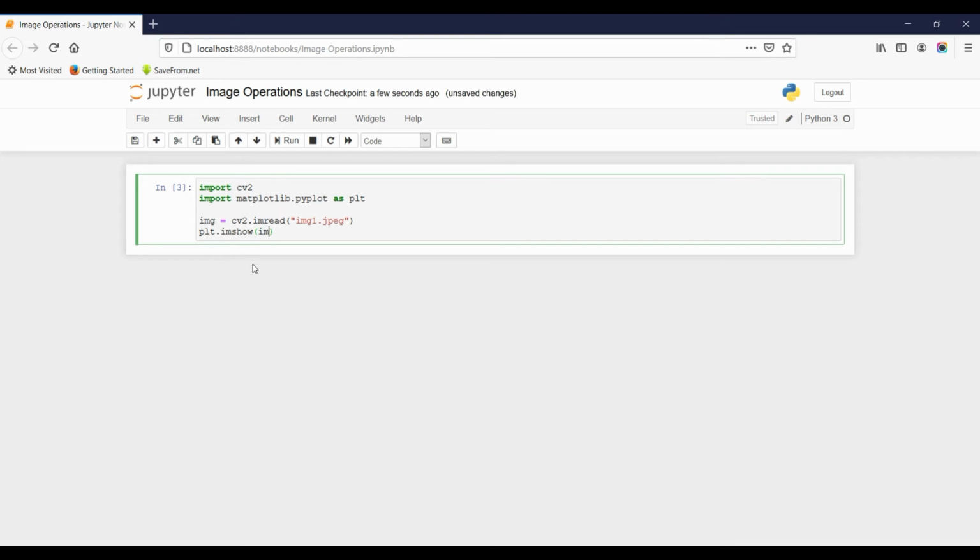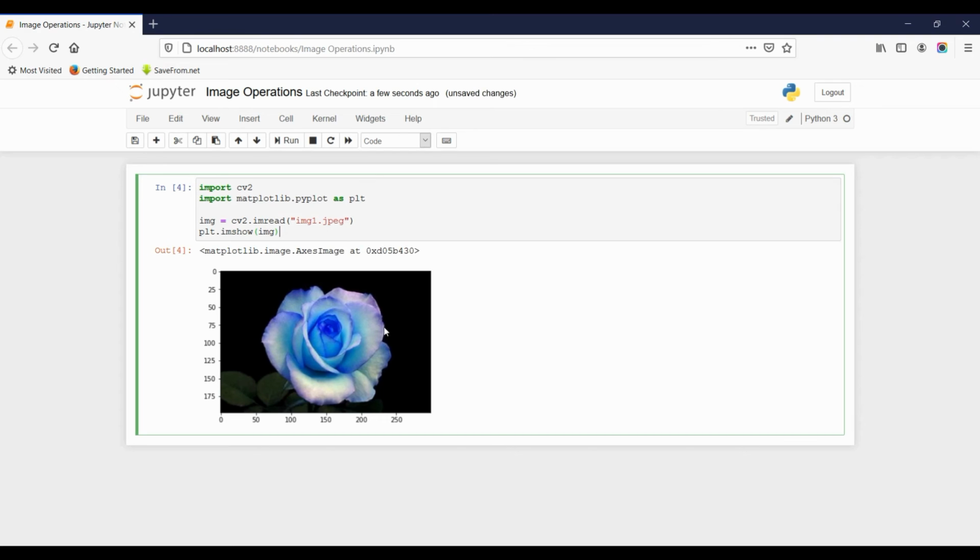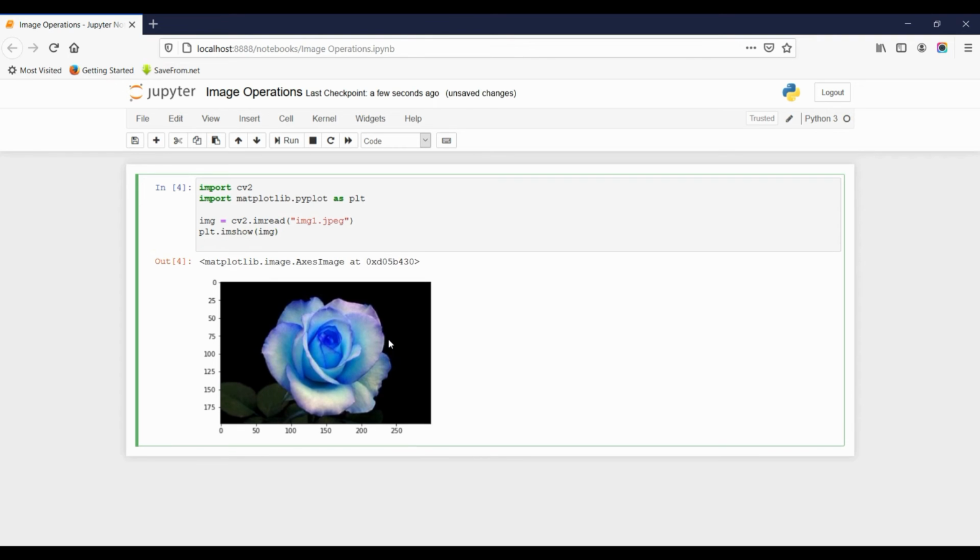Here, which image do you want to show? I am passing the variable img, the image contained by the variable img I want to show. So let me run the program. So you can see the output is there, but the color is different. What is the reason behind it?